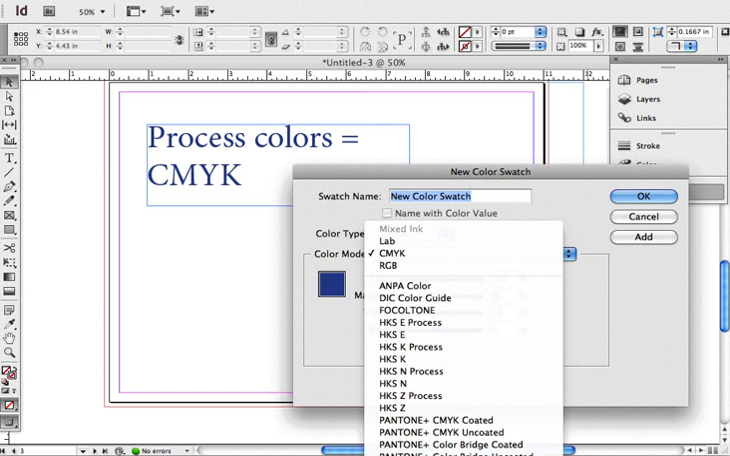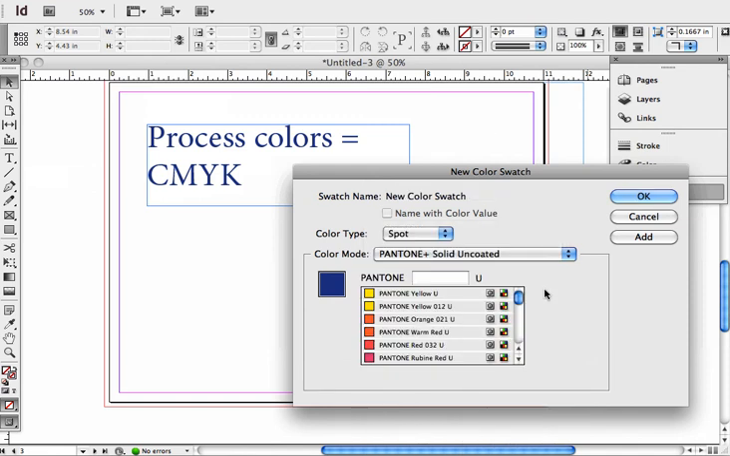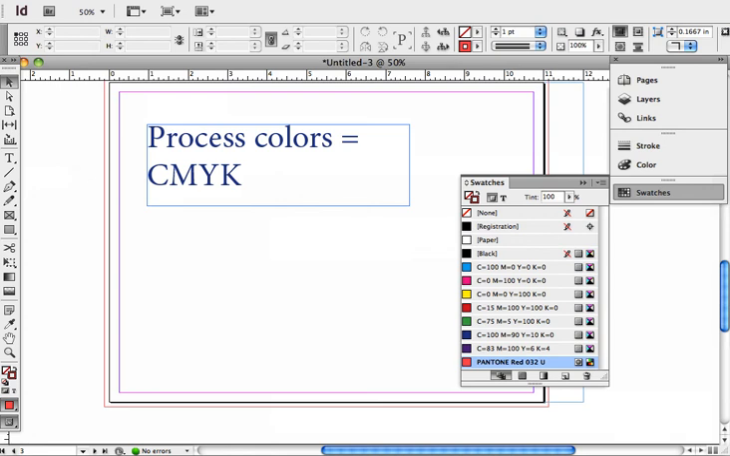So I'm going to go ahead and pick Solid Uncoated Pantone, because that's kind of a normal set. So these are different Pantone sets, and I'm just going to pick a color right here, and you'll see now it pops up in the color box. It tells you what the name of it is at the top, and if that's what you want, then you just say OK. So now I have that swatch in my swatches panel,